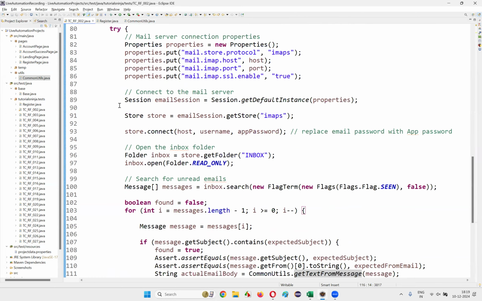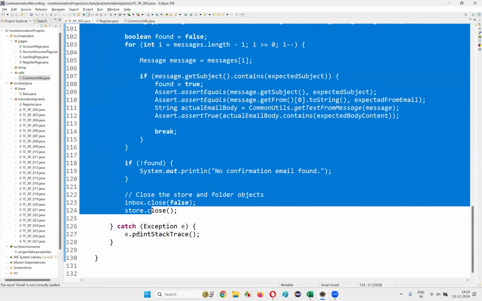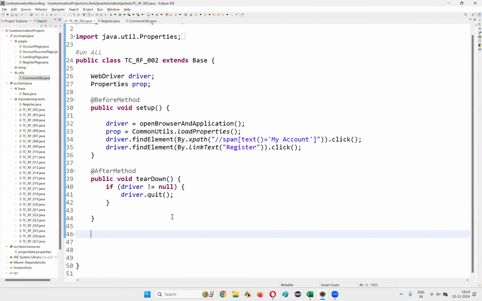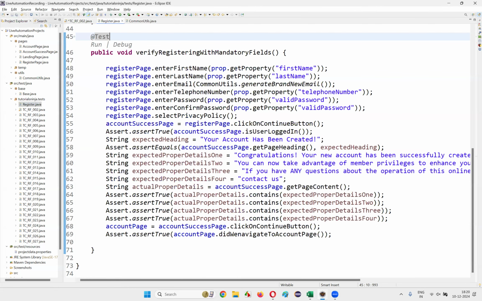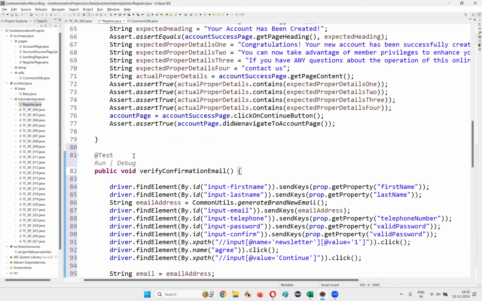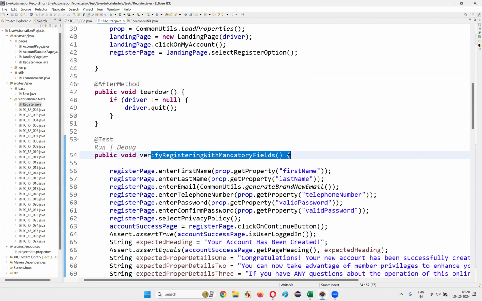Now, this is one test method. Cut this test from here, take it to the register.java file and paste it here. This is the second test, and give the priority here. If you have multiple tests and you want to run a particular test first, and you don't give the priority, alphabetically, whatever the test name is, that will run first. But if you want this particular test to run first, then you have to give